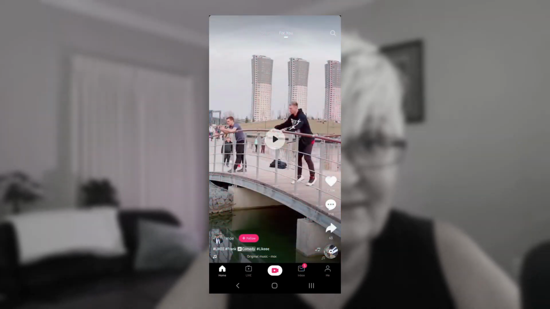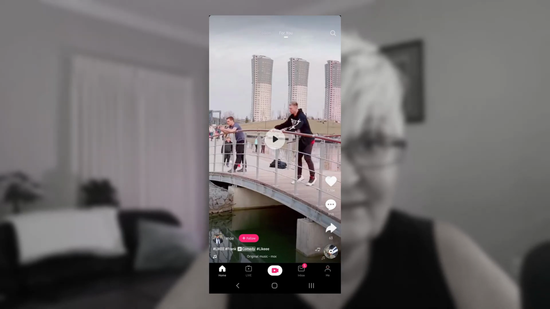And the last app we're gonna take a look at today is Likee. This is the home screen, and here you can pause the video on a click, and with a long hold you can report the video or tell Likee that you are not interested. At the bottom we have home, live, record, inbox and me, and on the right side we can like a video, leave a comment, share a video or find the music that was used.